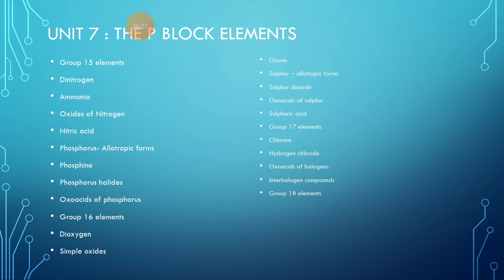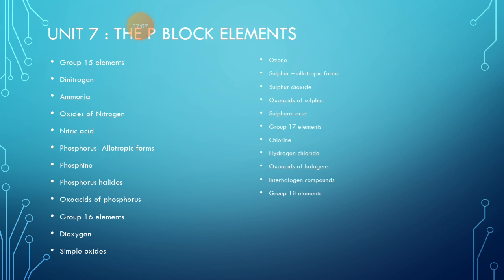Along with that, we are going to learn about dioxygen, oxygen, the preparation of oxygen, the chemical properties of oxygen, simple oxides, then ozone. We are going to learn in this particular group. Then from the same group we are going to discuss the second element, that is called sulfur. Sulfur, its allotropic forms, then sulfur dioxide, preparation, chemical properties, oxoacids of sulfur,